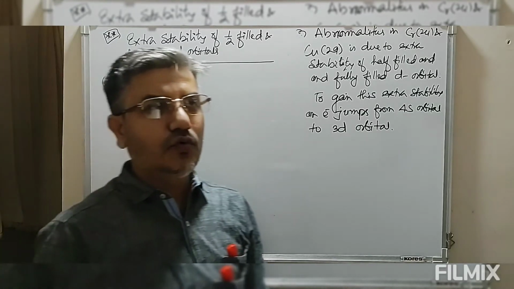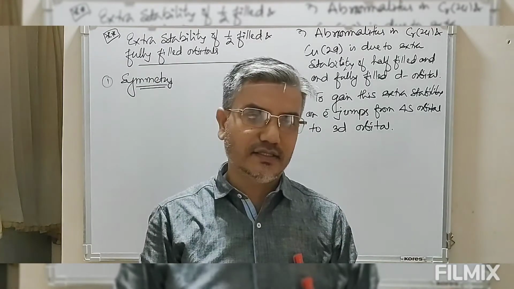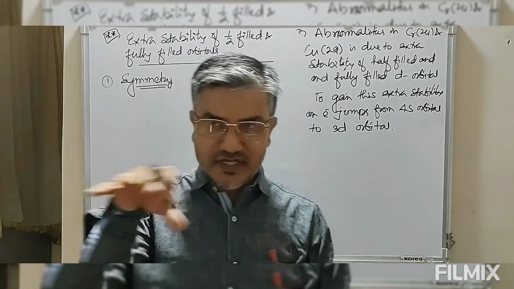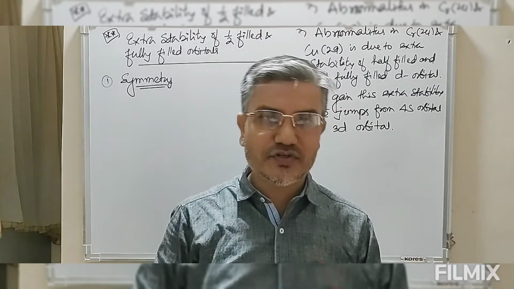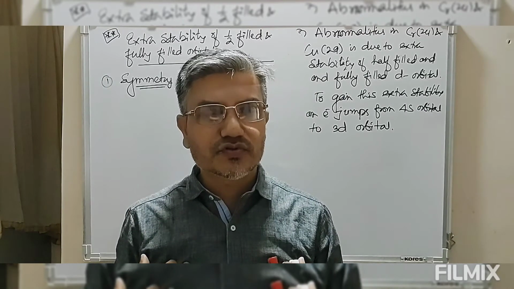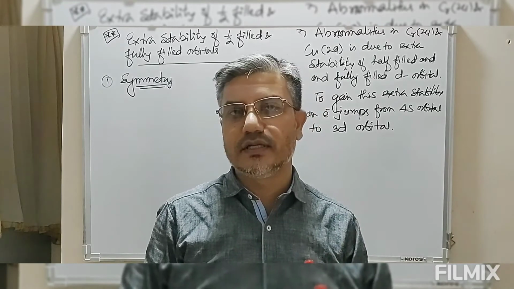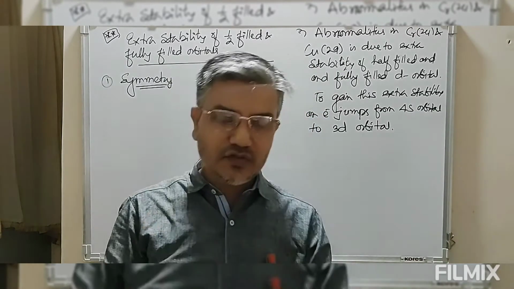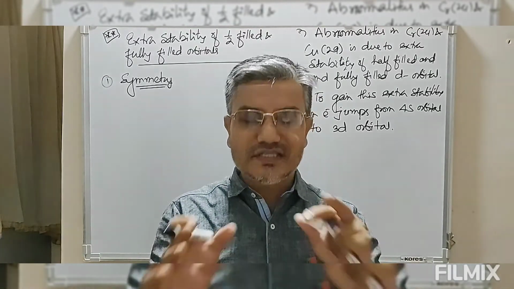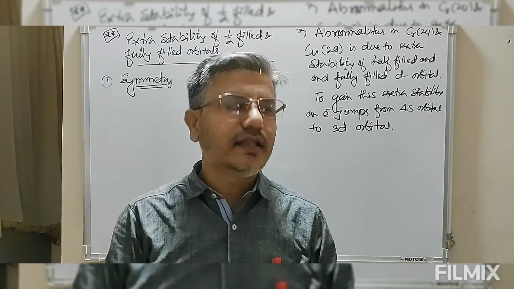Now let's see, in nature, every object having symmetry is always more stable. Whoever has symmetry is always more stable. Simply say, if I am physically handicapped, I am not perfect, I am not stable. Anything in our surrounding which has symmetry is always the most stable. Take a table.